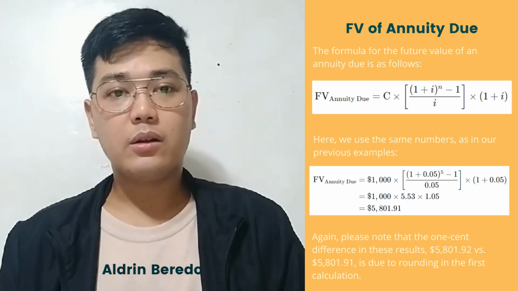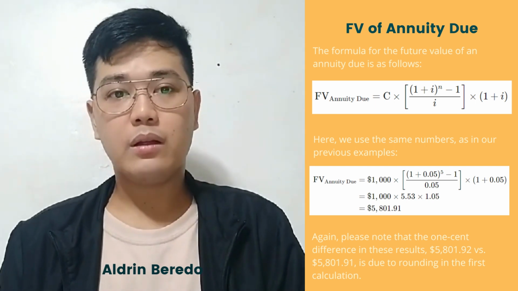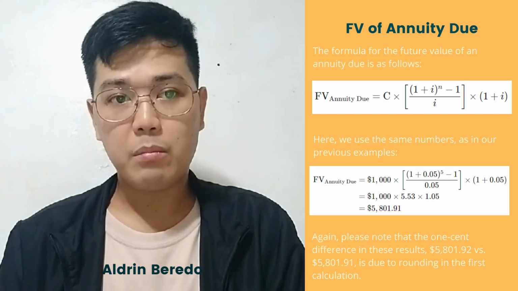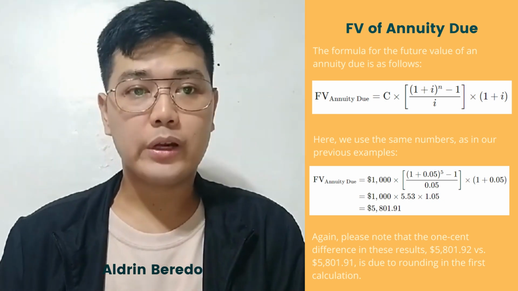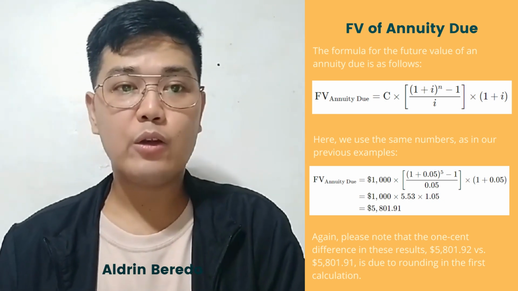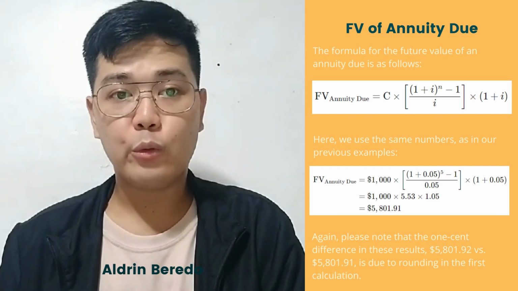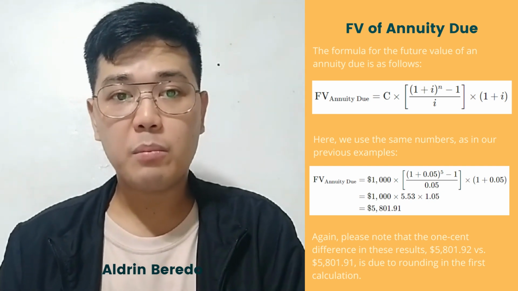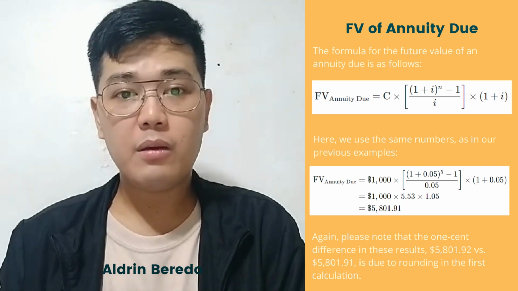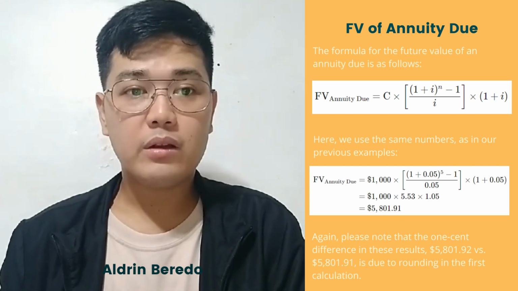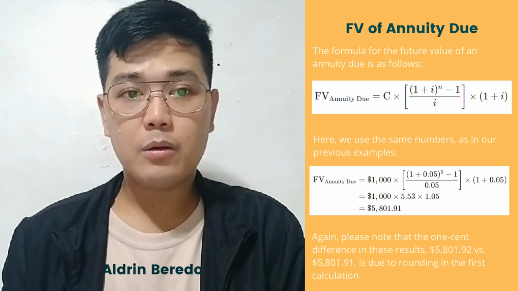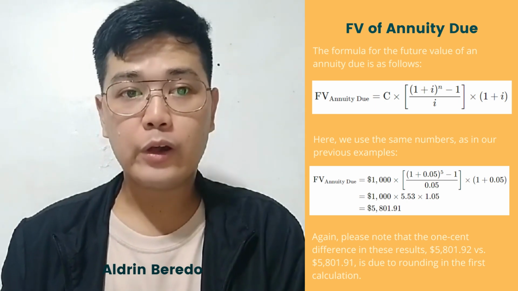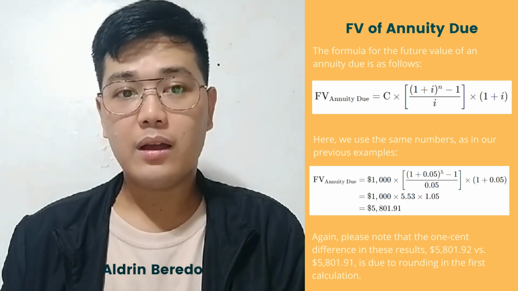Let us use the rule of PEMDAS in solving the problem. Solve the parentheses first, and we come up to the value of FV annuity due is equal to $1,000 multiplied by 5.53 multiplied by 1.05, and our future value for an annuity due is